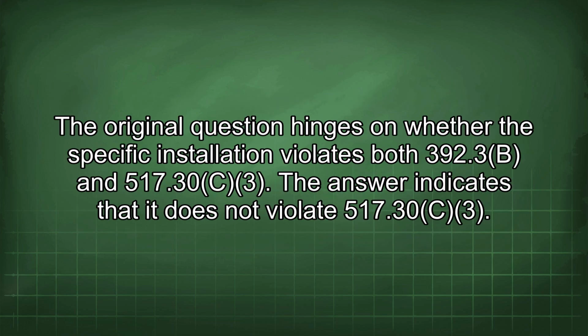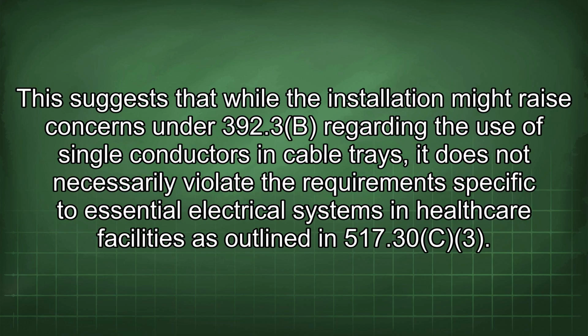The original question hinges on whether the specific installation violates both 392.3b and 517.30c3. The answer indicates that it does not violate 517.30c3. This suggests that while the installation might raise concerns under 392.3b regarding the use of single conductors in cable trays, it does not necessarily violate the requirements specific to essential electrical systems in healthcare facilities as outlined in